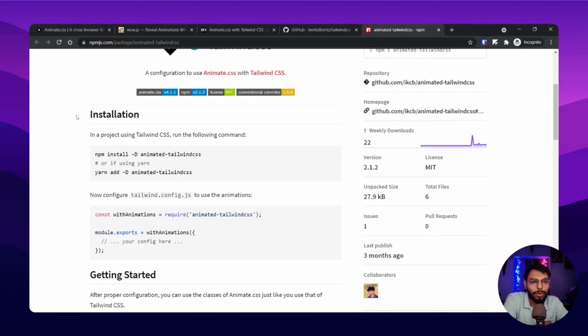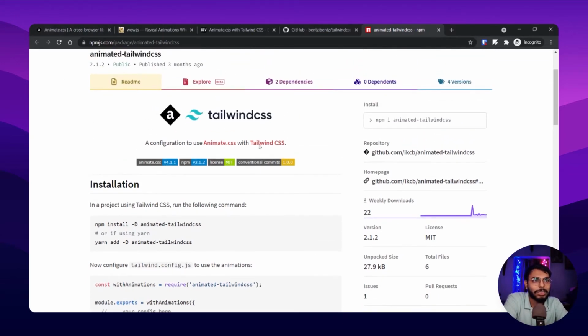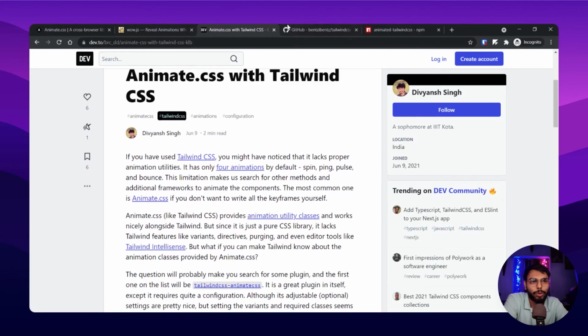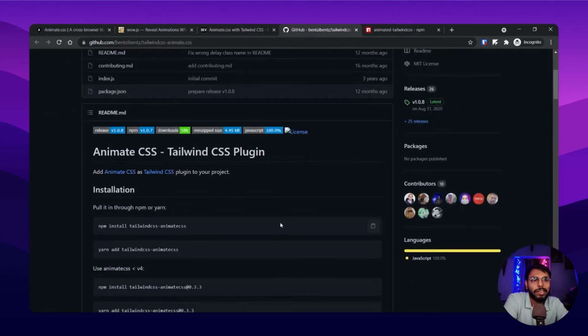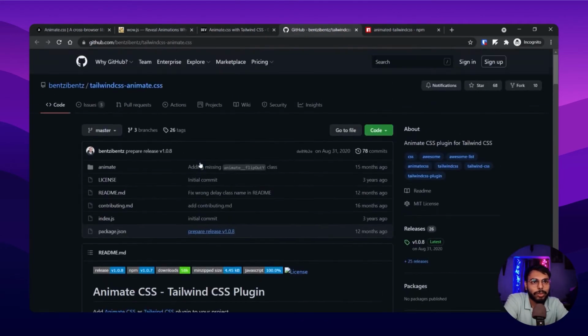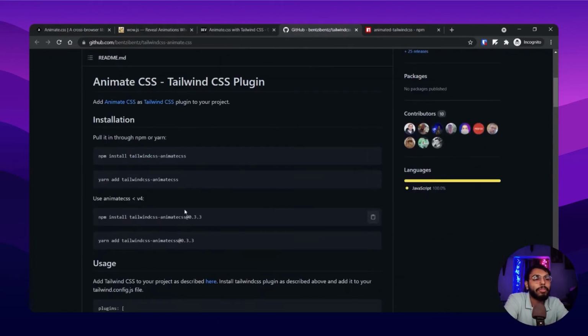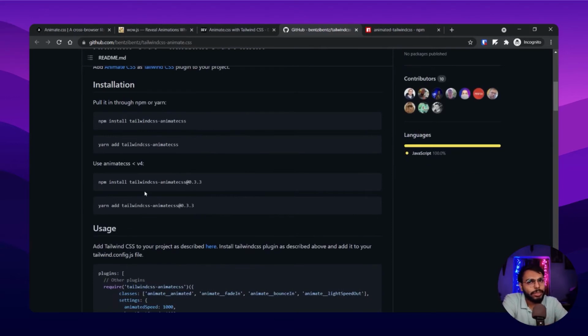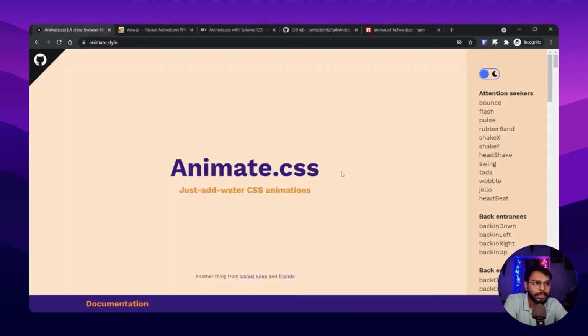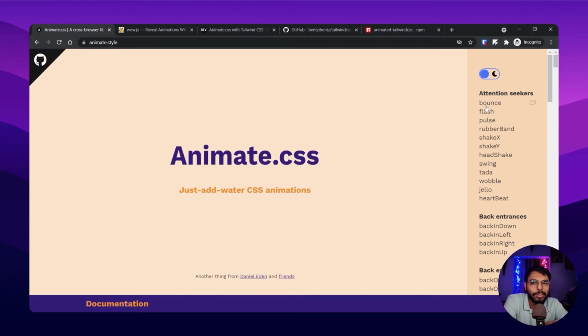So I haven't gone for his plugin. Instead I have used the same old plugin, Tailwind CSS animate CSS. Those are fair enough, simple little plugins to use animate CSS in your Tailwind development environment.